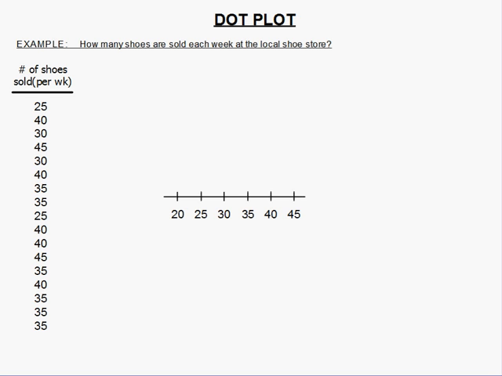Now the last one, well, it's not really a variation, it's a different thing. We're going to have a different example. How many shoes are sold each week at the local shoe store? And here we have our data. The nice thing about this is we just look to see what's the max and min, and we create a scale that contains all of our data from min to max. And then we just go down one at a time. 25, and we put a dot. 40, and we put a dot. 30, and we put a dot. And we just keep going down, putting dots. And as soon as you start doubling